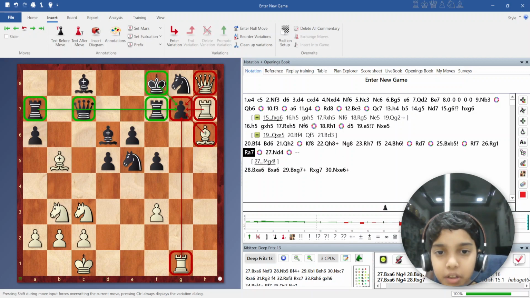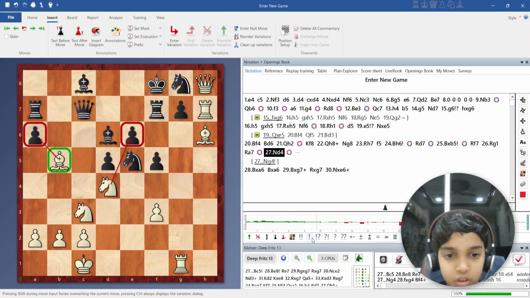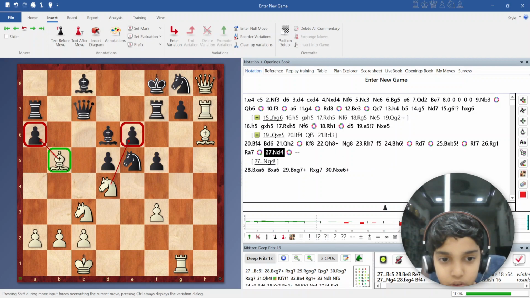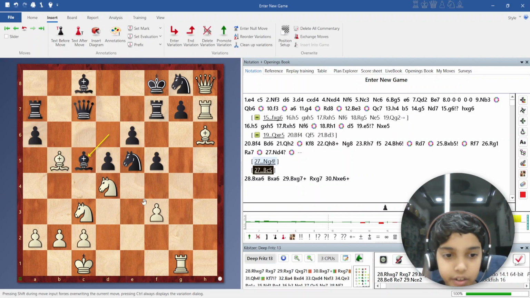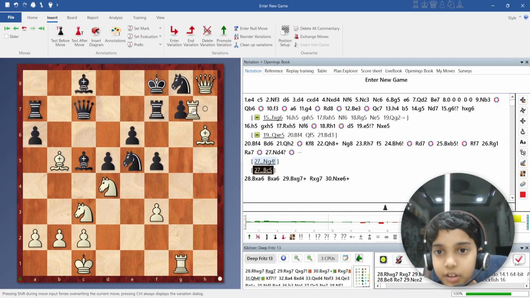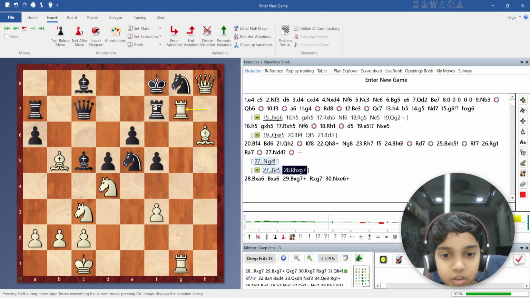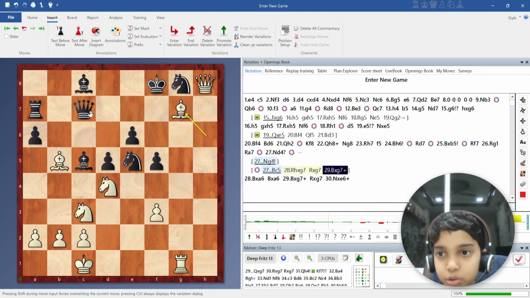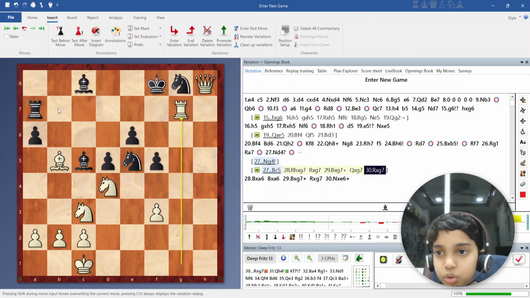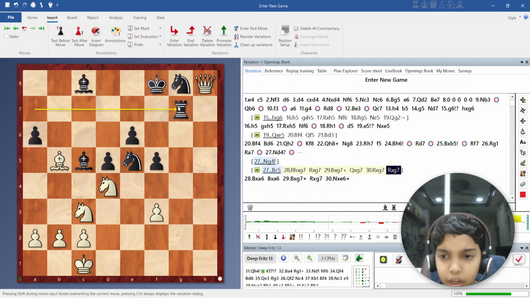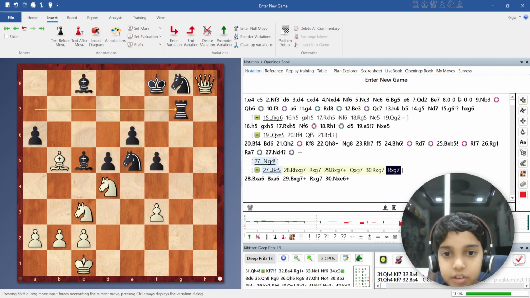But actually knight d4 is a type of mistake, because now it allows bishop to c5, and this pins here, and after rook into g7, rook into g7, bishop into g7, queen into g7, rook into g7, rook into g7. And now if we analyze the material left, we can see here